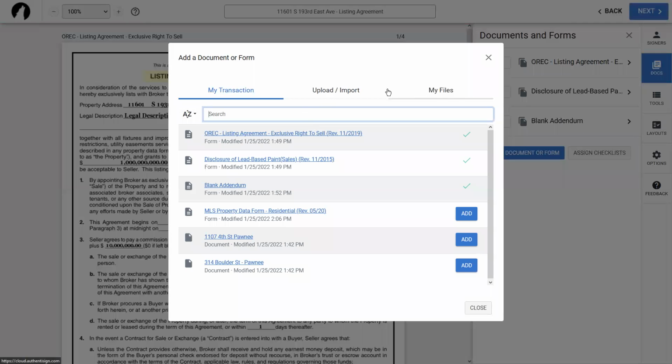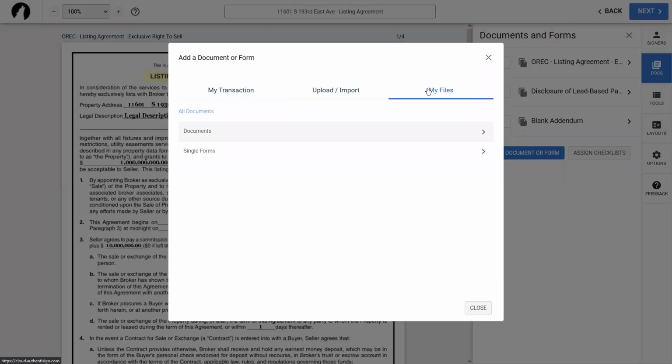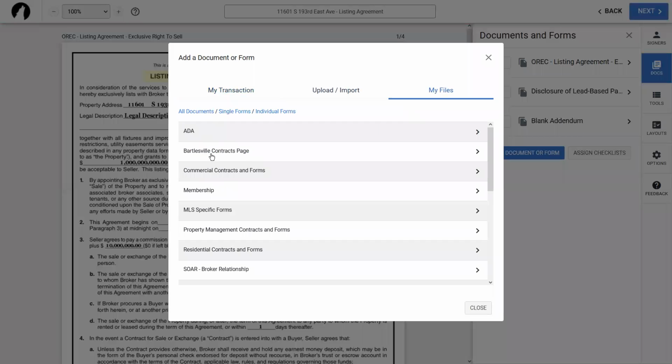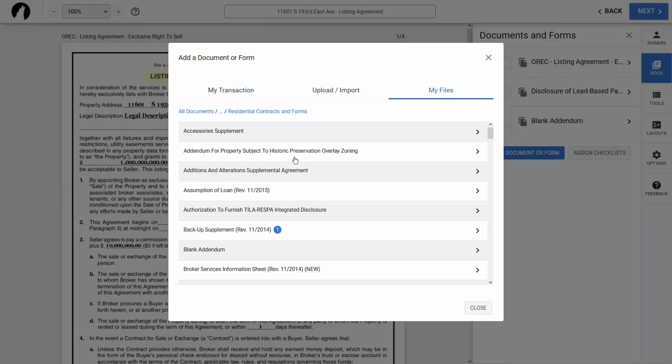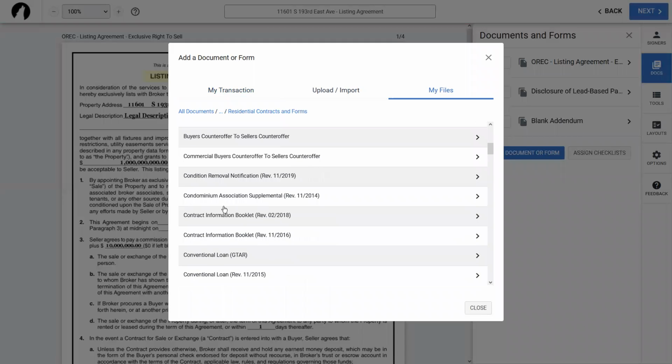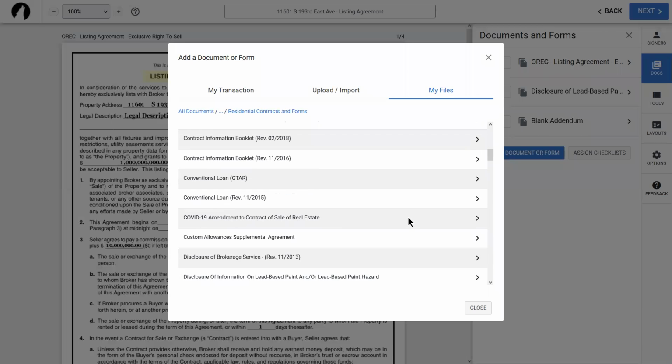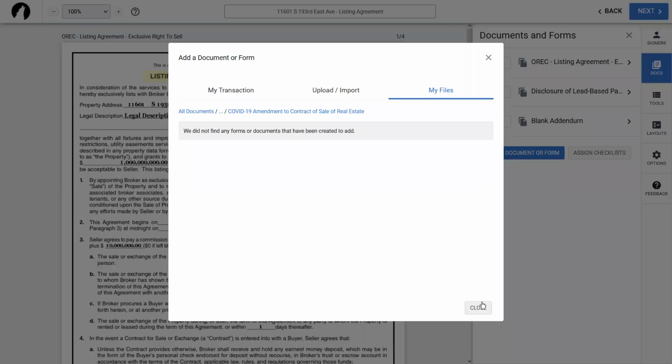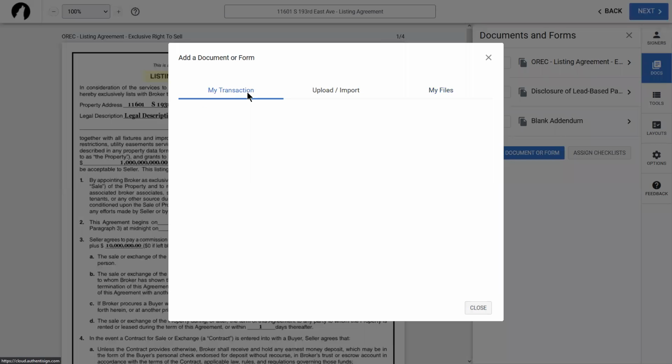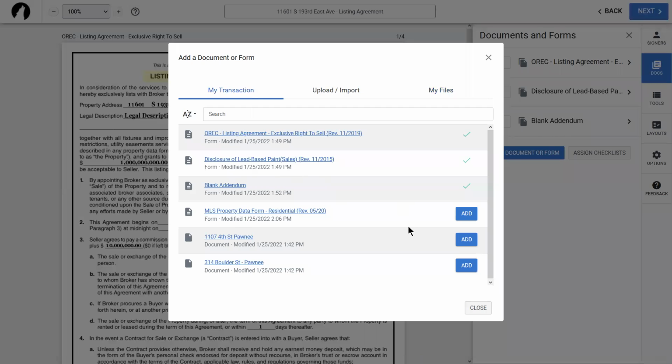So like if I go to single forms, individual forms, then I have to scroll through all of this list, and then I find my COVID-19 addendum, and we're good. Oh, it doesn't even have it in there anymore.